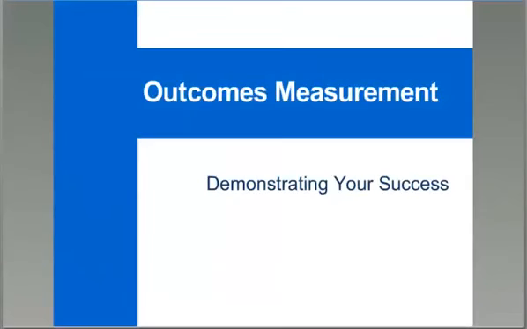Outcomes measurement provides data on how effectively and efficiently you're meeting your program goals. The measures focus on how many clients reach the destination, not on what road they took to get there. During this presentation, I'm going to use English as a second language as a sample program throughout. I'm using that because hopefully we can all remember what it was like to learn English, and we'll be able to use that as a viable sample. As we review the material in the presentation, please think about how you can use the ideas presented here within your own agency's programs.